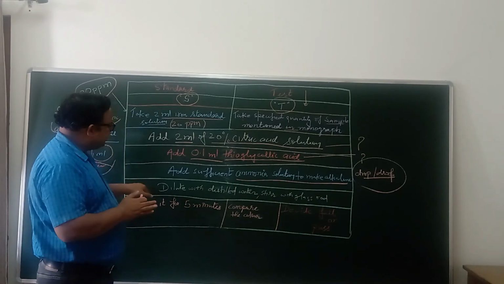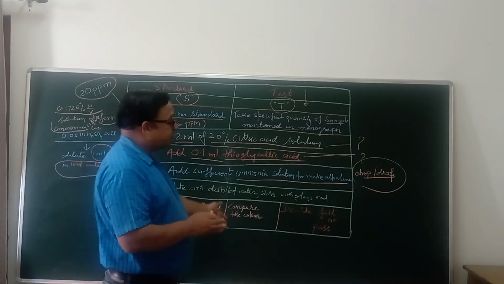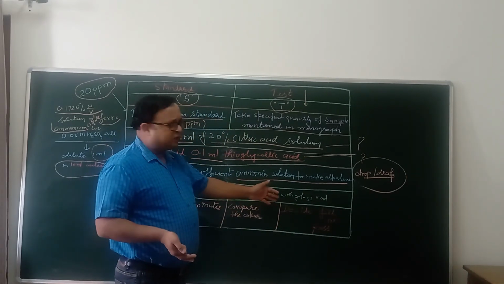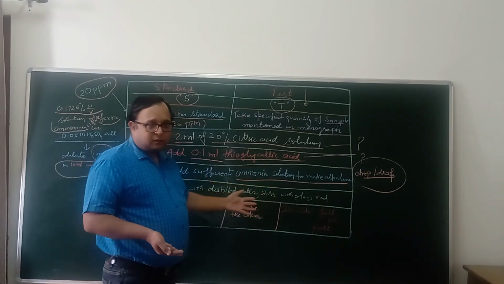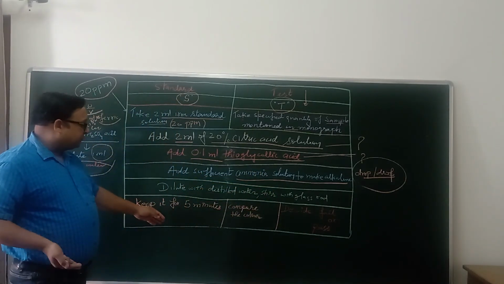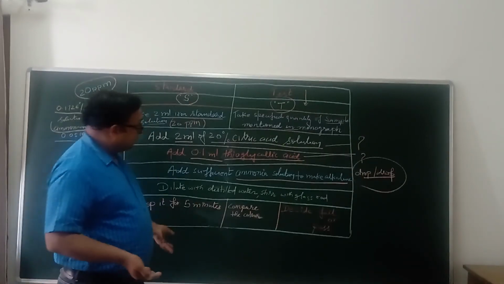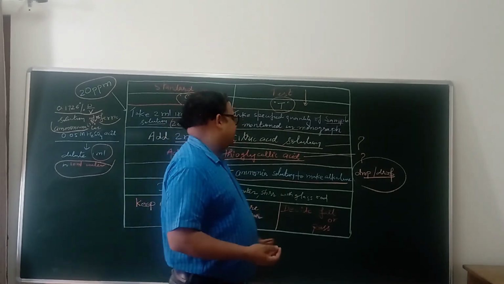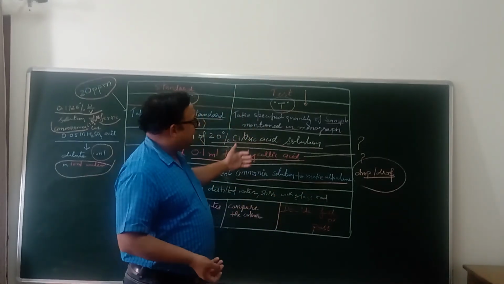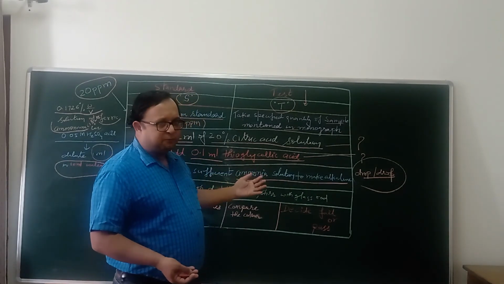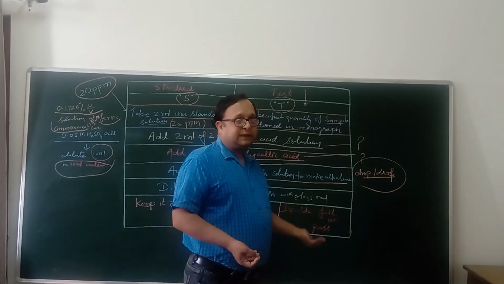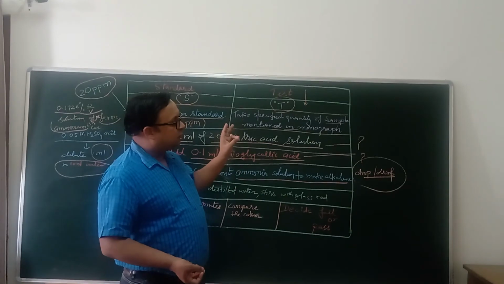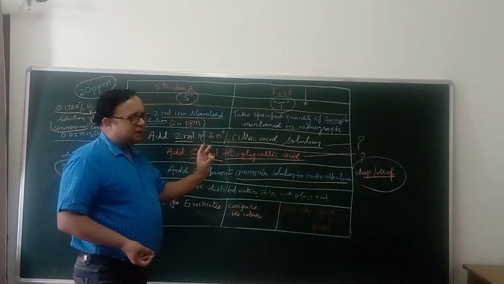After this step, we will dilute both cylinders up to 50 ml with the help of distilled water. Like the previous methods, we will use 2 separate glass rods to avoid contamination, and we will keep both solutions for 5 minutes. After 5 minutes we will compare the color of the test with the standard, and we will use our famous quote: if the color in the test is more than the standard, it will fail the limit test. If it is less, it will pass the limit test. This is our tagline for the limit test. We have to remember it.